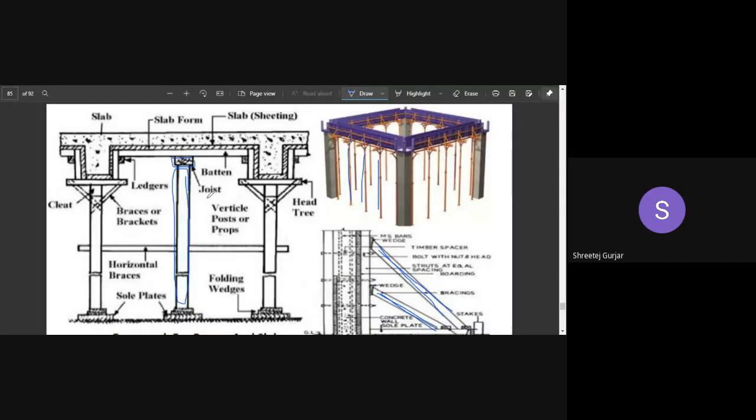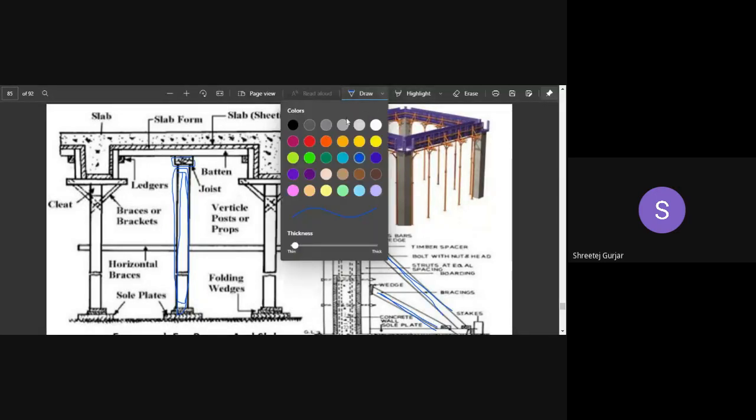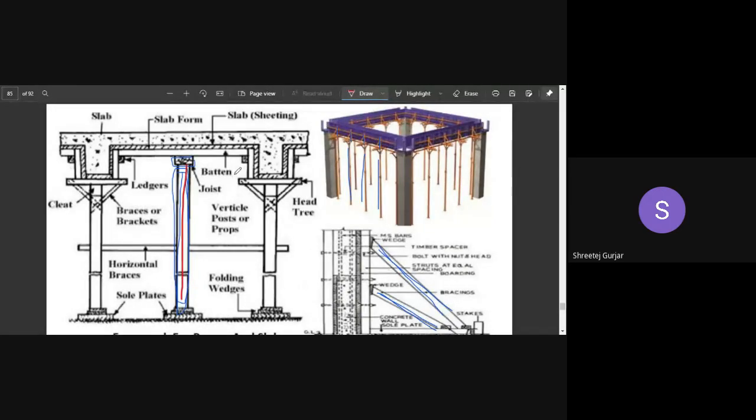So this image shows you various elements that are there in a formwork. You can see this vertical member, it is the vertical support that we provide. It is our post, which you call post or prop. Whenever you have suspended members, you have to provide this kind of formwork and supports, for slab, for beam. Then the colored thing you can see here is nothing but the board, that is a panel or board which we have provided.